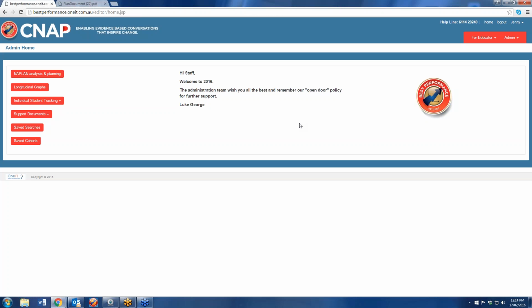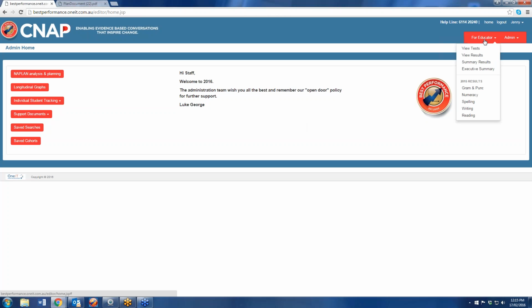So that was the customised cohort function. It is something that we're quite proud of, and it's being used more and more in schools. There were certain schools that requested that function last year so they could put their students into 2016 classes before the year ended. We didn't quite get to that point, unfortunately, but it is there now and it's operating really well. The next element of CNAP that has been created is the executive summary.